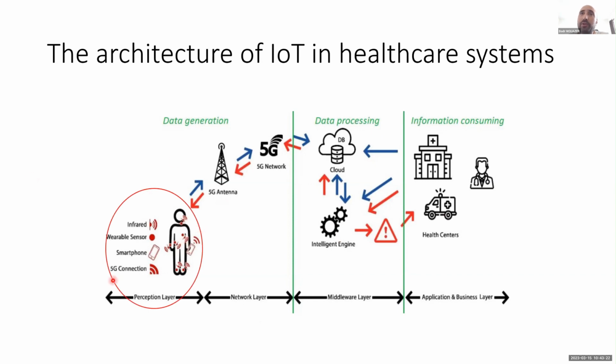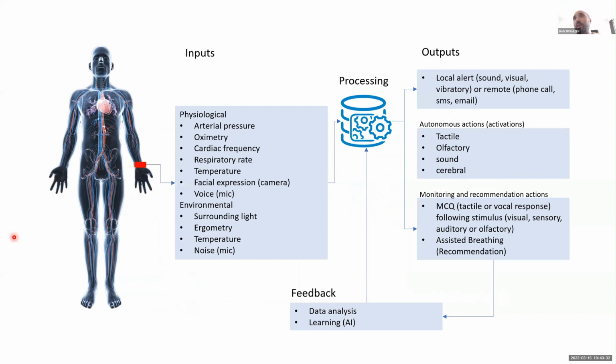Now, we can focus on this layer. This is where my study is done. So this layer can be explained like this. We have an object, actually it can be a smart band or smartwatch. We can gather many types of information, then process it, and give us outputs as alerts or